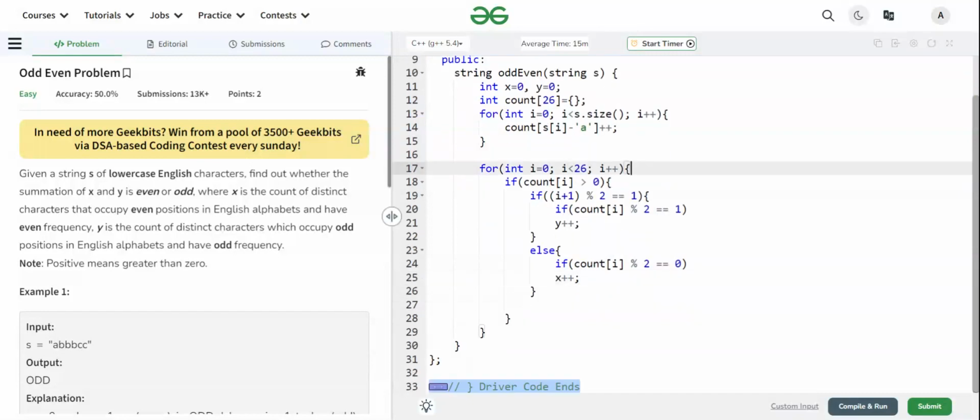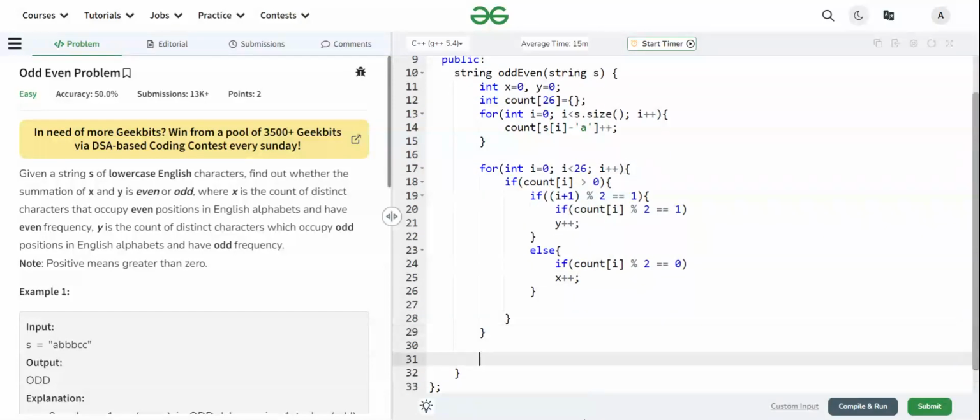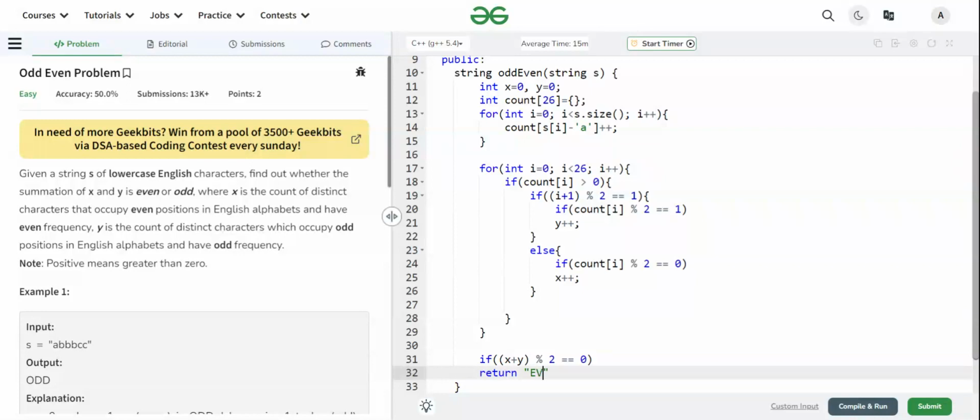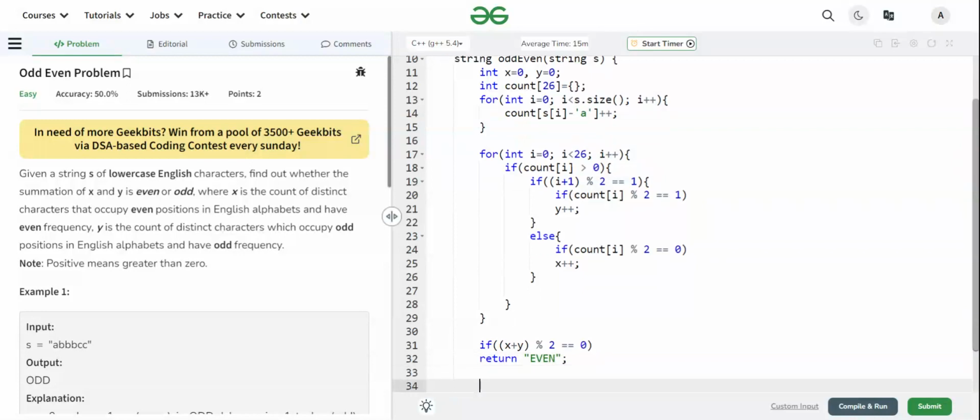So this for loop will calculate x and y. Then we will check the summation of x plus y. If the summation of x plus y is even, then we will return even, and otherwise we will return odd.